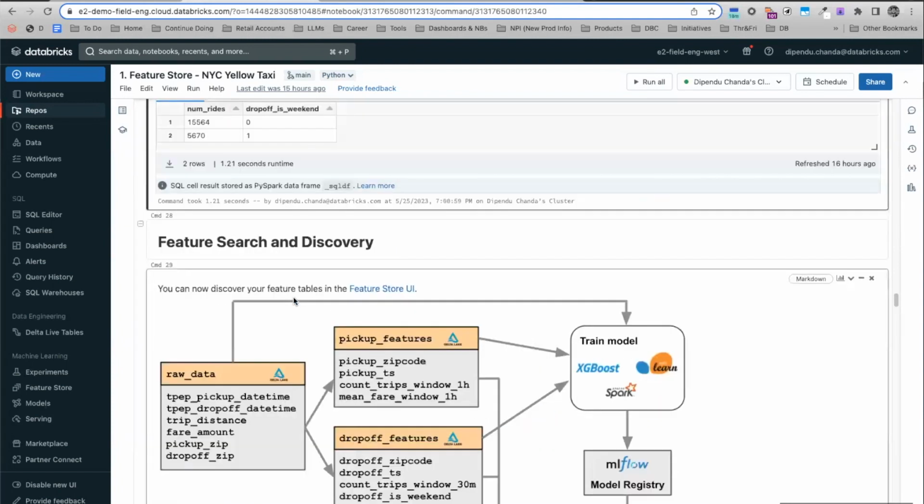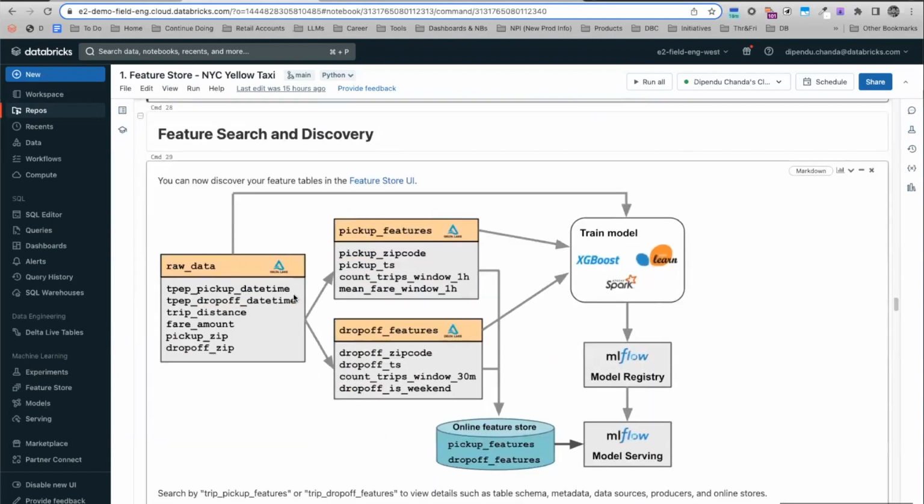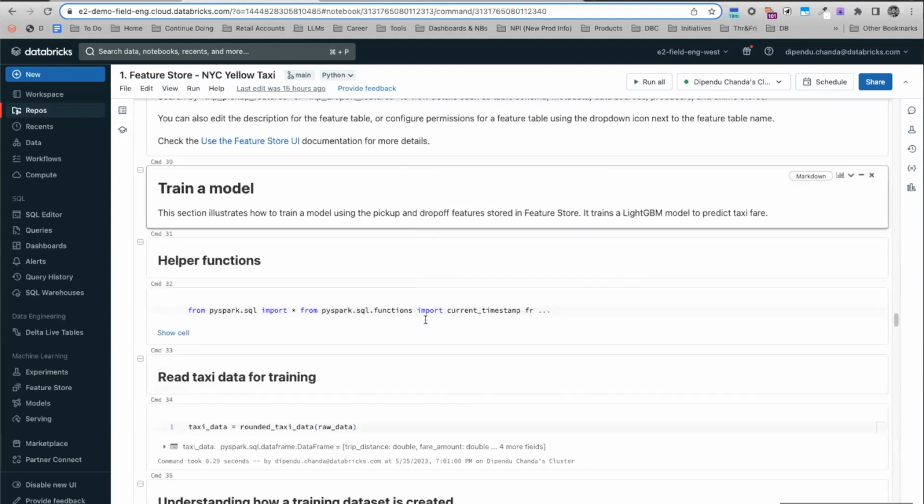Right. So in this one, like I showed before, you will need to be able to search and discover features. You can do that through the feature store UI and look up a set of those features in a centralized repository, all of that, right? Next, let's train a model, right? So here I'm cleaning